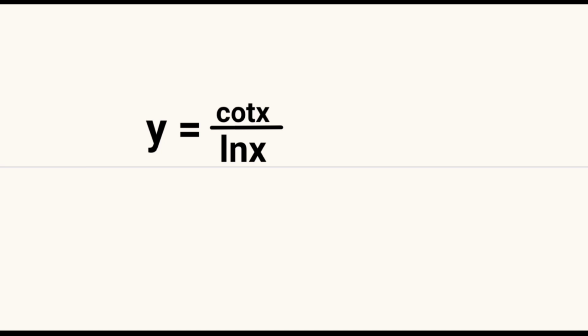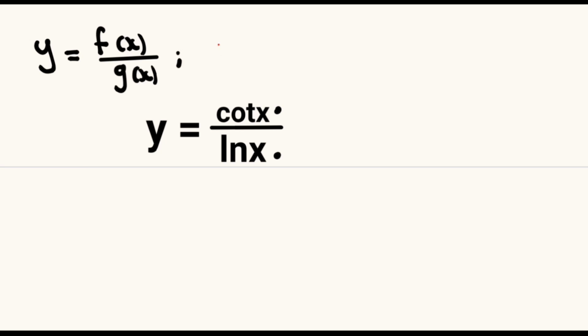For our second question, we have to differentiate y is equal to cot x divided by ln x. And in this case, we have a quotient of two functions, the cot x and the ln x. So the quotient rule should be applied in this case, and it states that if you have y is equal to f of x divided by g of x,